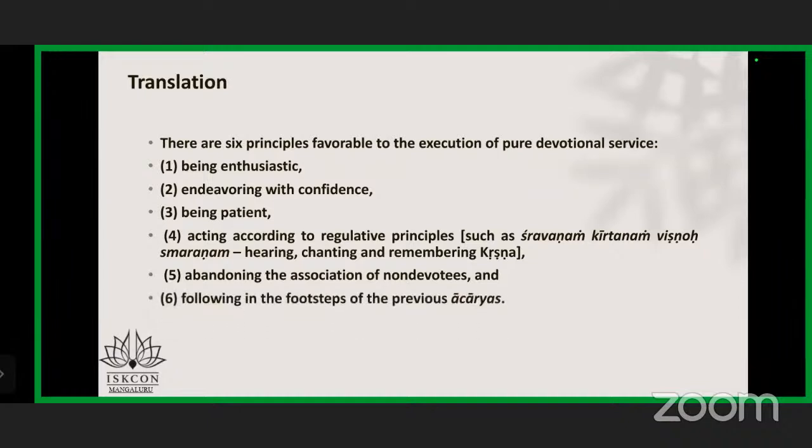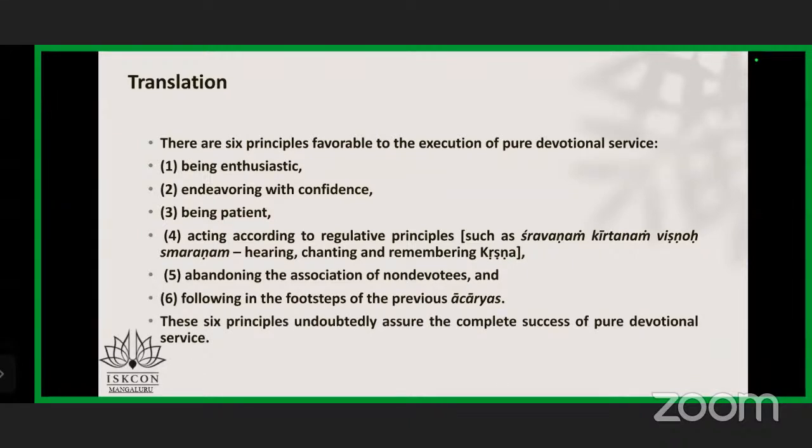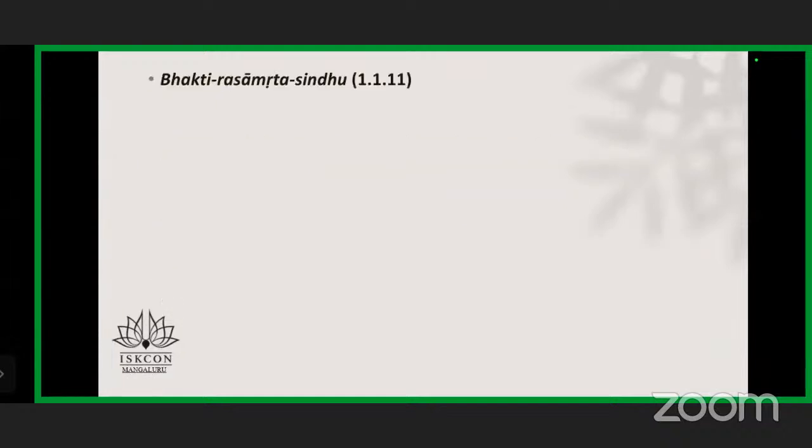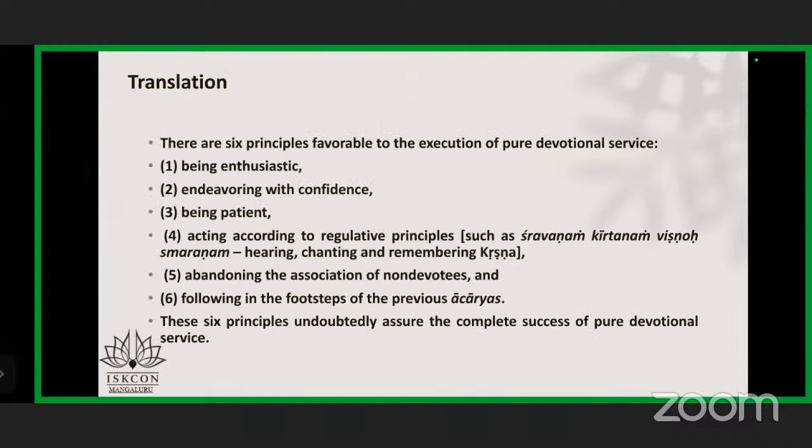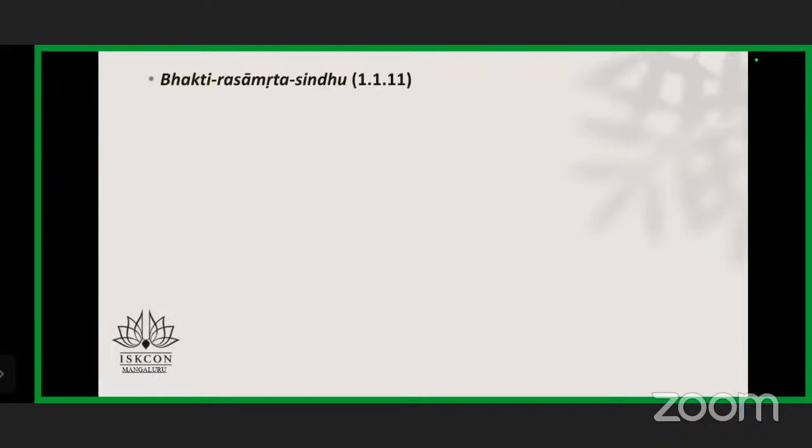And last is Sad Vritti, that is following the footsteps of previous acharyas. And these six principles undoubtedly assure the complete success of pure devotional service. So these things are very important in progress in devotional service. So in Bhakti Rasamrita Sindhu, which is the Nectar of Devotion book, which we are going to deal with at the end of this course,